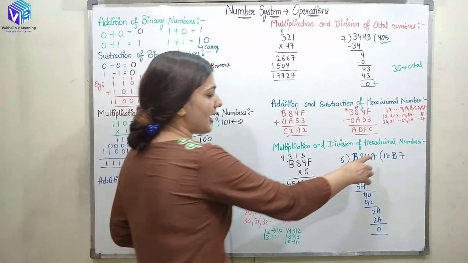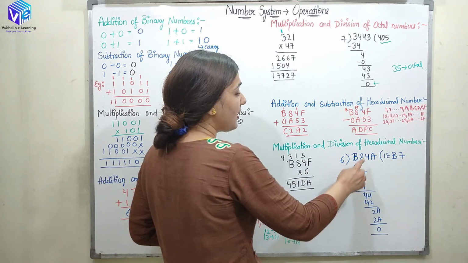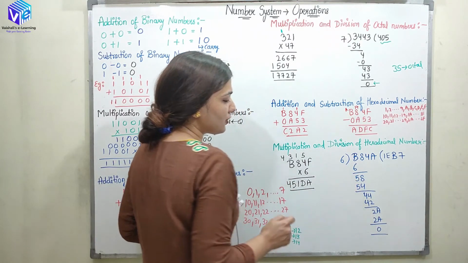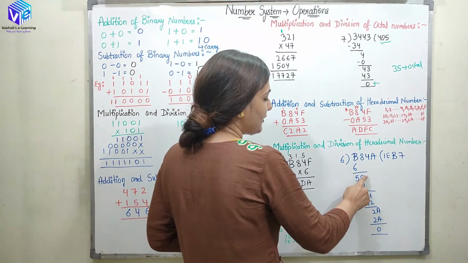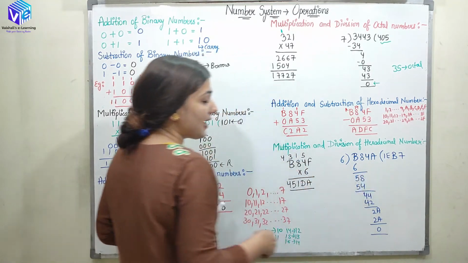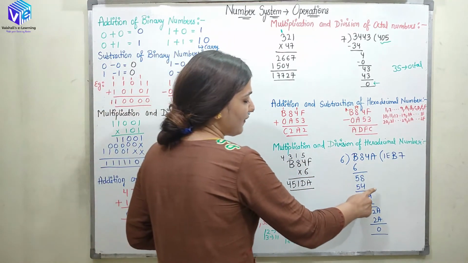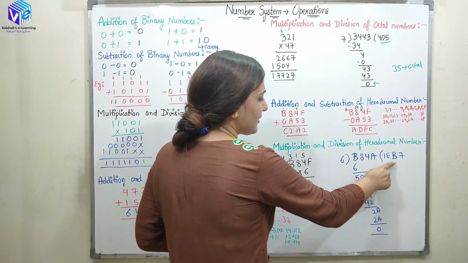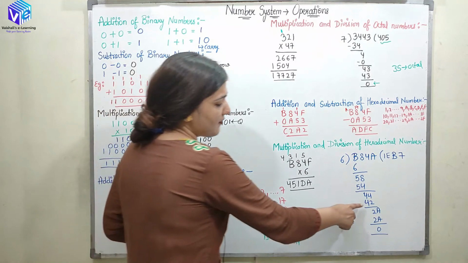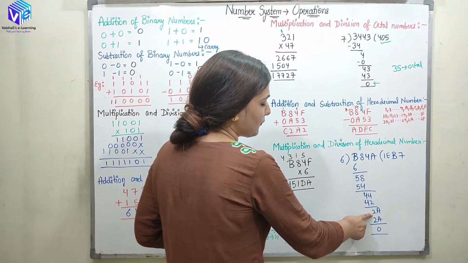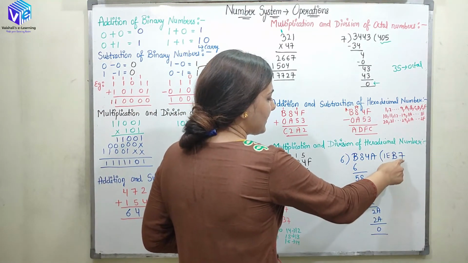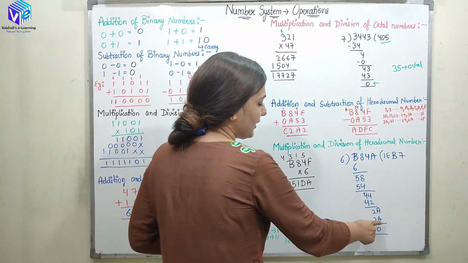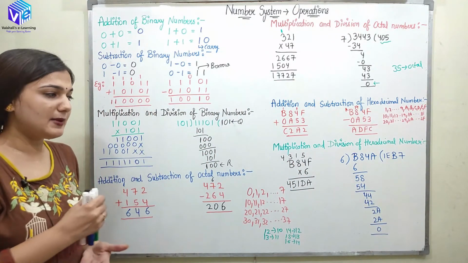Coming to the division, so now in the division, B84A is divided by 6. So first of all, I will be taking 1 as the quotient. I will be subtracting it from B. 6 is subtracted from B, I am going to get 5, and then I have 8 over here. Then I multiply it with E and I am going to get 5, 4, right? So then I take 4 over here and I will be taking the quotient as B and I will be getting 4, 2 and I will be left out with 2A. So 2A is when multiplied with 7, I am going to get 6 multiplied with 7, I am going to get 2A, and the remainder would be 0.